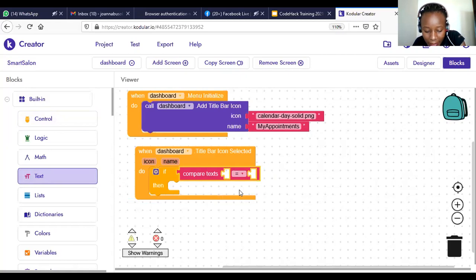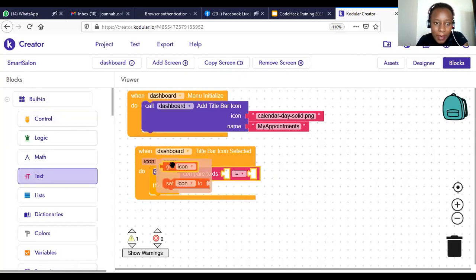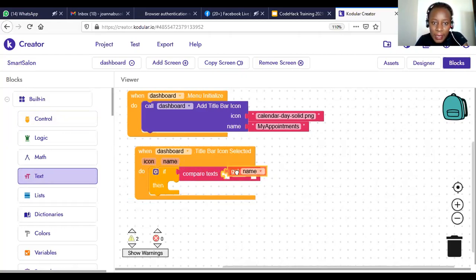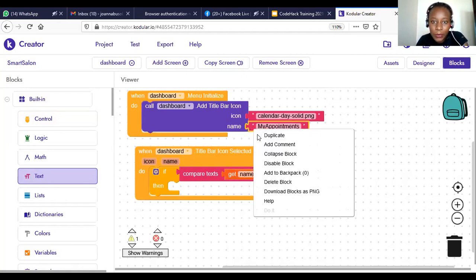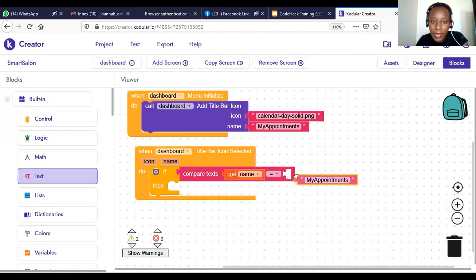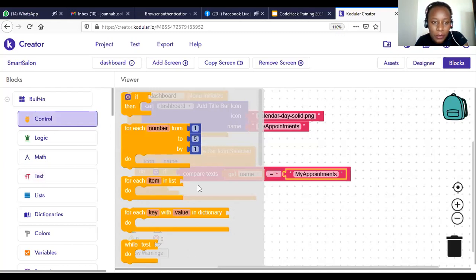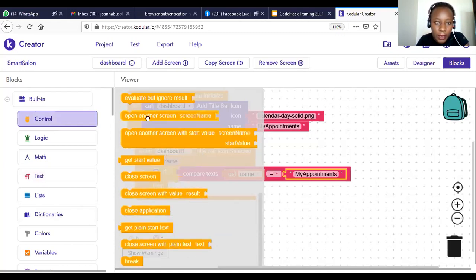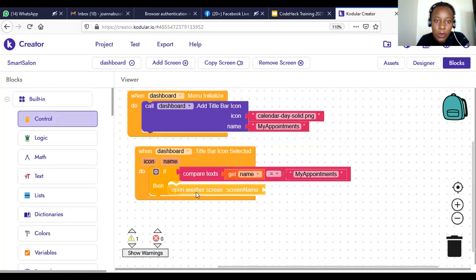We can say if compare texts, get name, get the icon. Of course, you can use the icon, but let's use the name because that's why you have the name here. So if get name equals my appointments, we can just duplicate this one for accuracy and put it there. So if get name equals my appointments, then open another screen name, open from the control section, open another